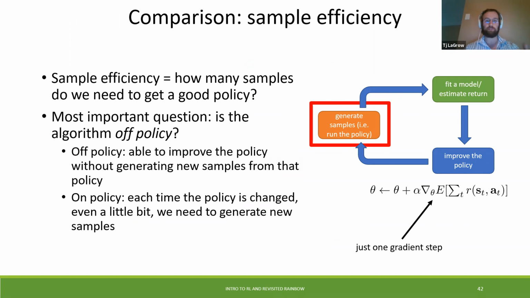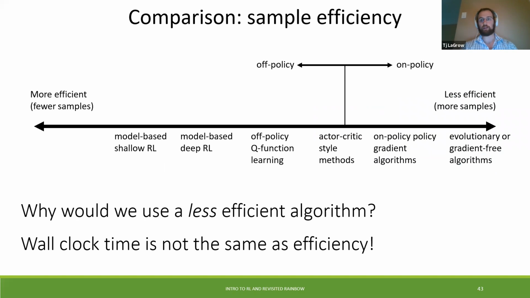With off policy, you're trying to improve the policy without generating new samples from that policy, to be able to explore, in a more quote-unquote real-world example, types of actions or observations that might not necessarily happen in an on-policy model. Just to give you a little example of the efficiency across different types of model-based, on-policy, and off-policy methods, we would potentially use not necessarily less efficient algorithms, but ones that are faster to compute, and in simpler problems with less complex behaviors it could be a lot easier.